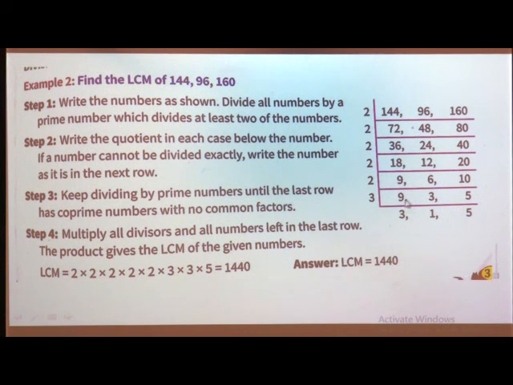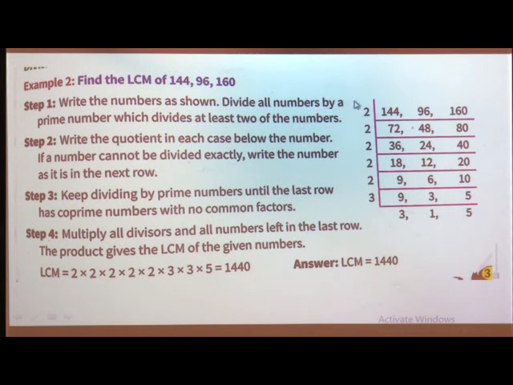What we have left here, you can write here. What I told you in the HCF, we had done the prime factorization and written it till 1. If you want, you can extend here, or you can write whatever numbers are left here. That should be multiplied with all the divisors. So, the product gives the LCM of the given numbers.